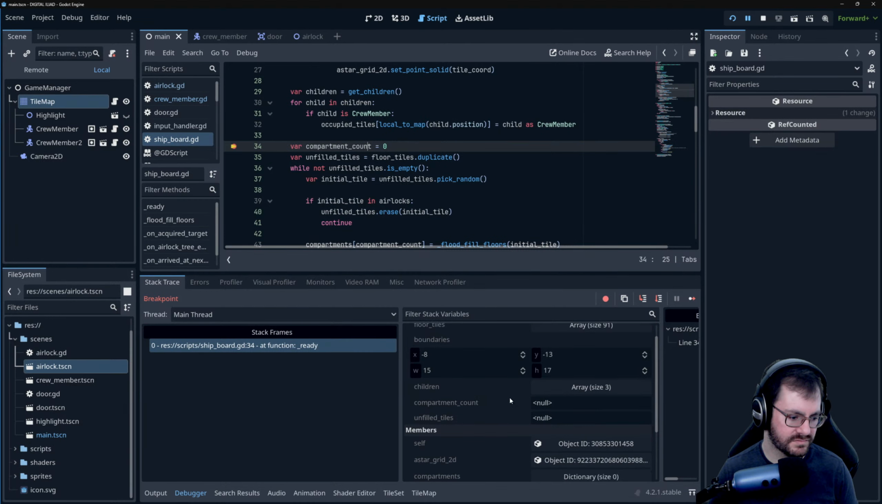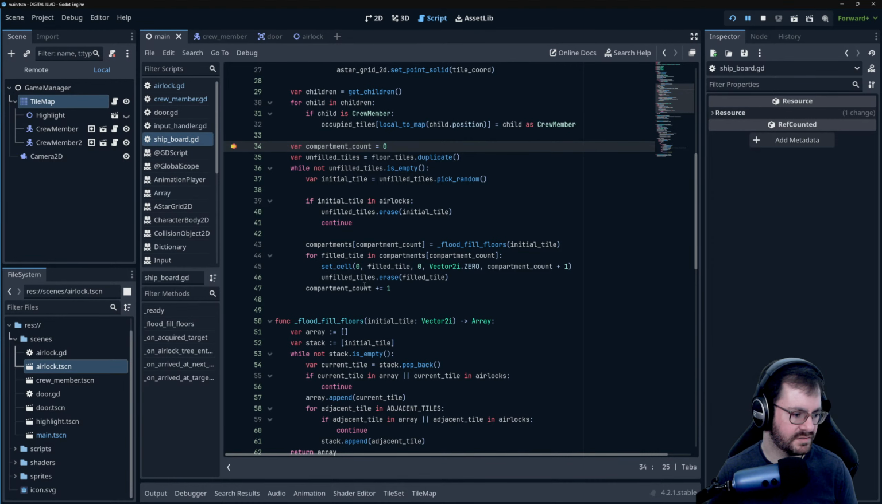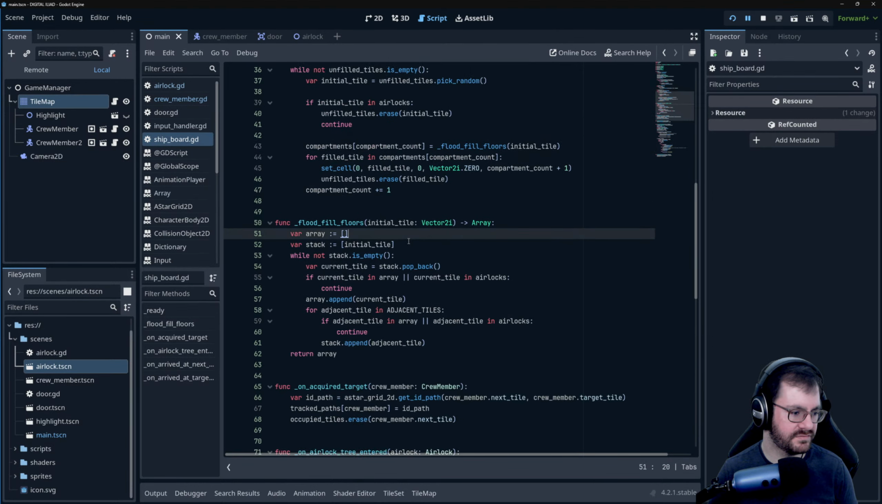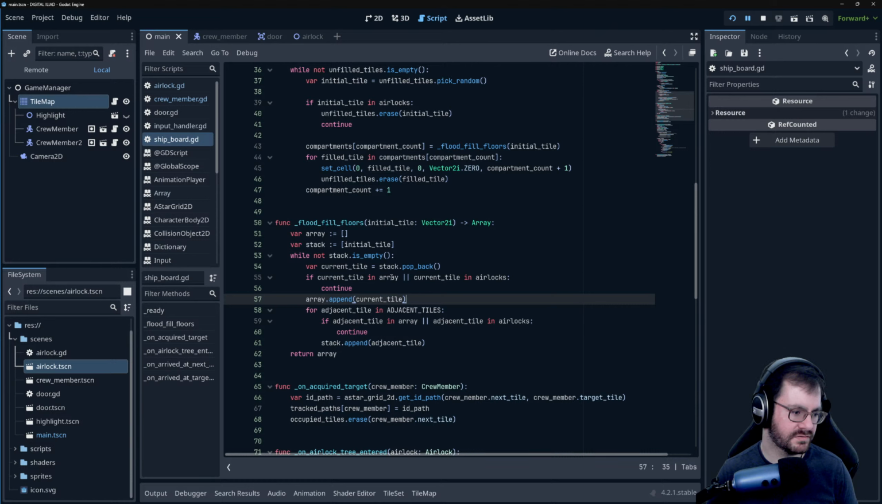All right, so airlocks at this moment is dictionary size 0. Okay, that's fine. So we need to wait. It doesn't explain why our flood fill isn't working. So if current tile is in the array, or the current tile is in airlocks, that should never fire. Oh, we need to check to make sure that